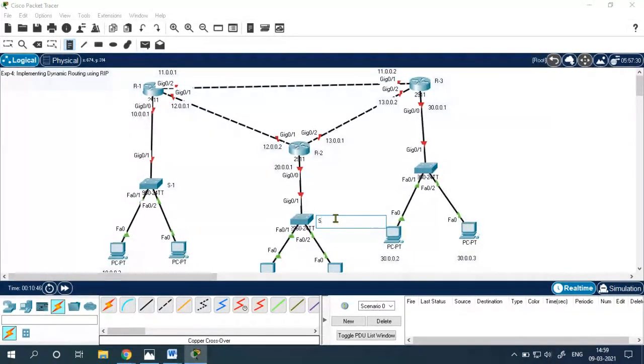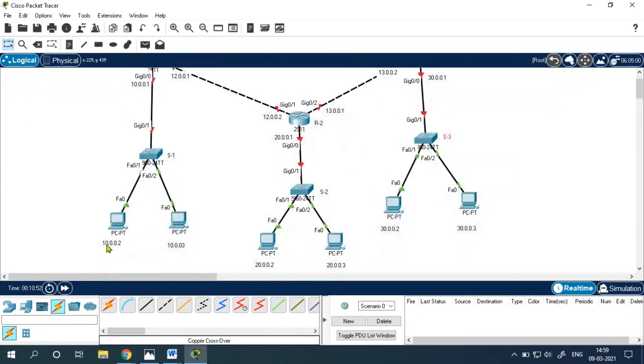This is my switch 2 or S2. This is my switch 3 or S3. I'm not going to name the PCs. You can count starting, this is my PC1, PC2, PC3, PC4, PC5, PC6. Okay.